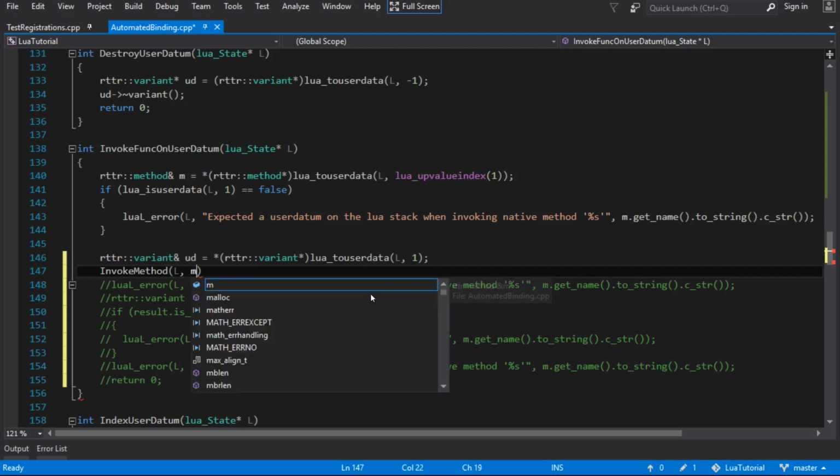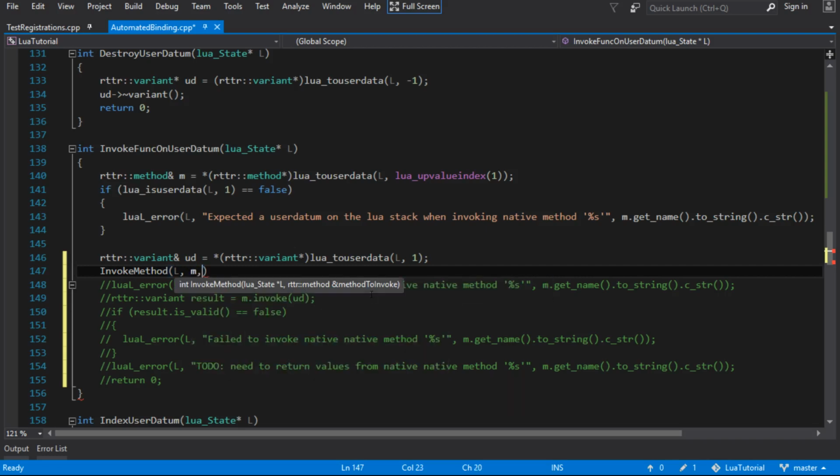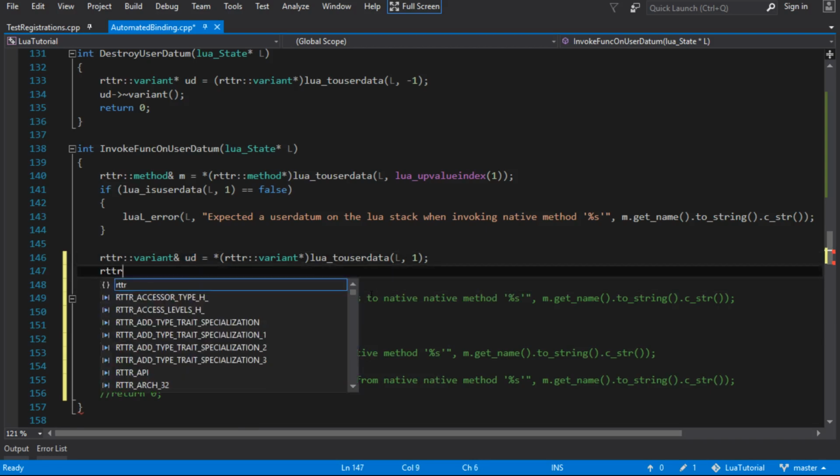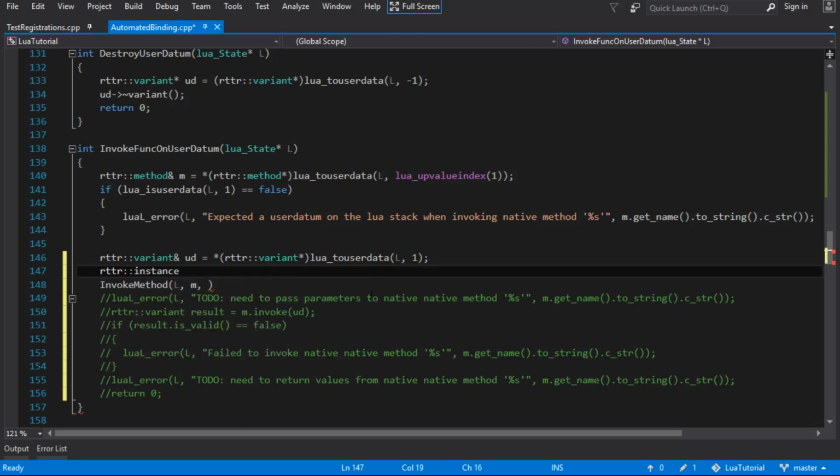So we have the method to invoke, but we also want to pass in our, well, it wants an RTTR instance. So let's make one of those. So this is our object that we're going to call the method on. And I think we can pass in that and create one of those. So ideally that's what we want to happen with that one. And of course, the other one,